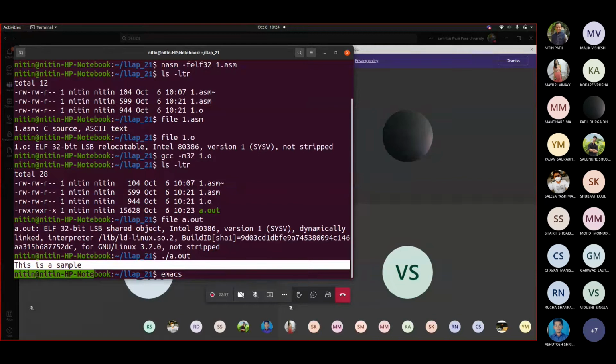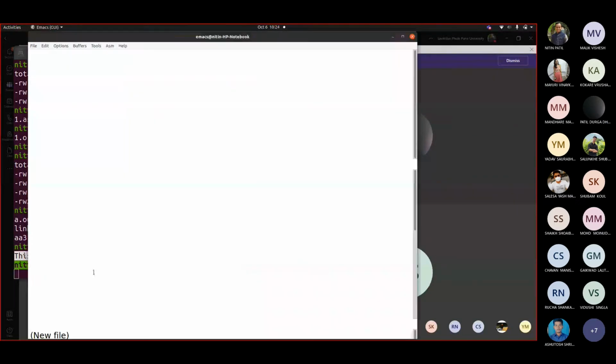I want you to display... if you have laptops with you, my suggestion would be, whenever you are attending either of the courses like LLAP or ADC, a suggestion as well as a request to you, that if you have a laptop with you, it would be better always, or a desktop probably, where you can try these things, whatever I am trying to tell you. Fine.